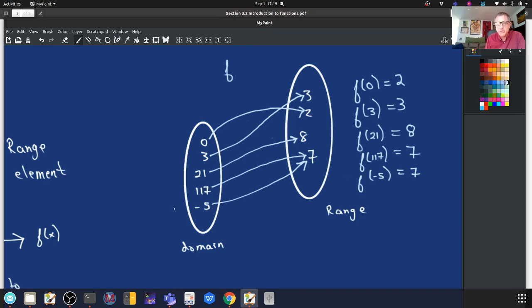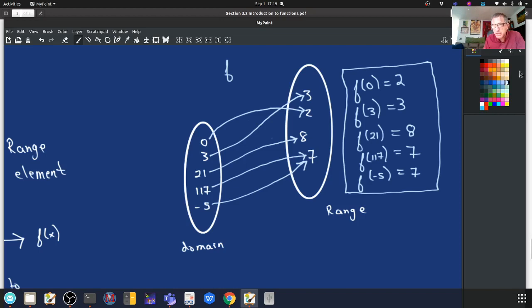All of this is a function. As a matter of fact, this right here defines a rule that makes the domain that contains 1, 2, 3, 4, 5 elements into a function whose range contains only 4. So remember, you can have two different elements in the domain of the function mapped to the same range element,